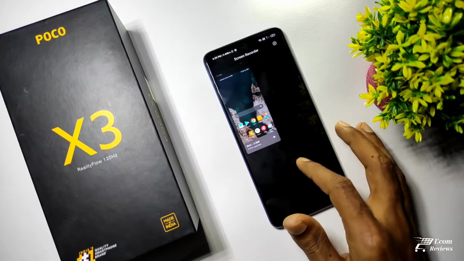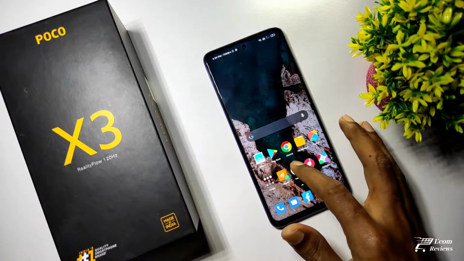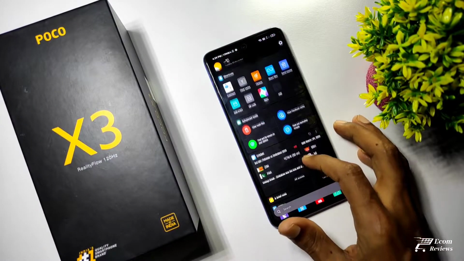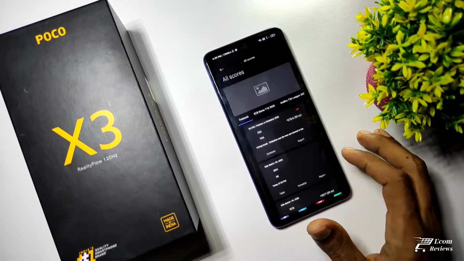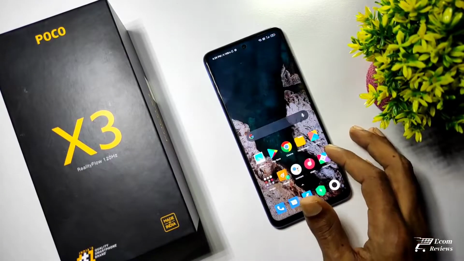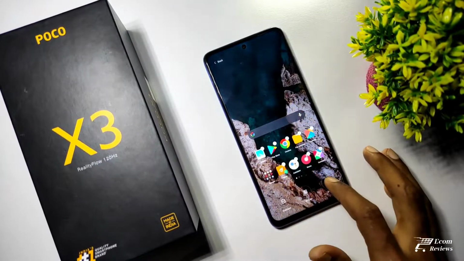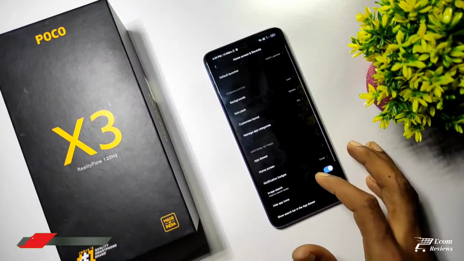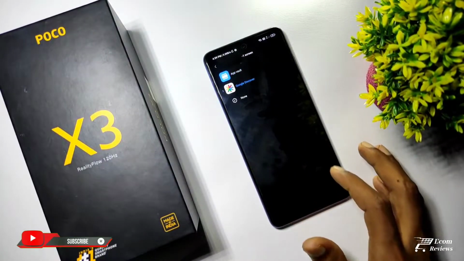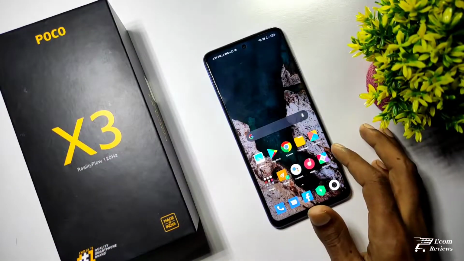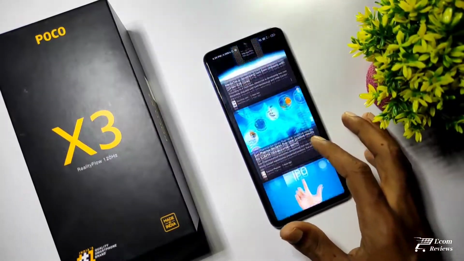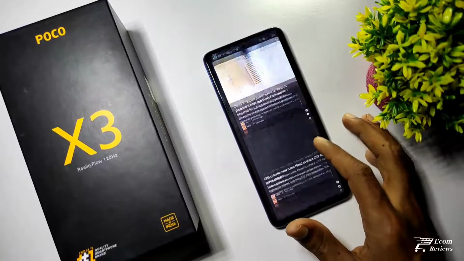If you swipe to the left from the home screen, then the app vault will show up here, and it is customizable also. But if you don't want to use the app vault from MIUI, then you have another option available on the Poco X3. Just long press on the home screen, then go to more and go to the home screen section and -1 screen, and from that just select Google Discover, and here the Google news will show up, and it is much more reliable than the previous one.